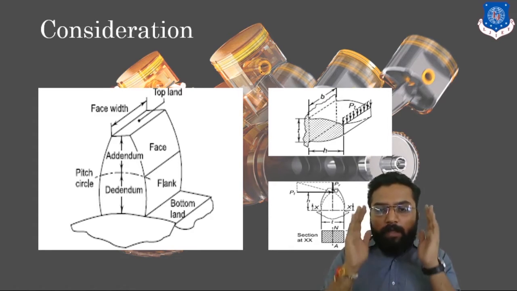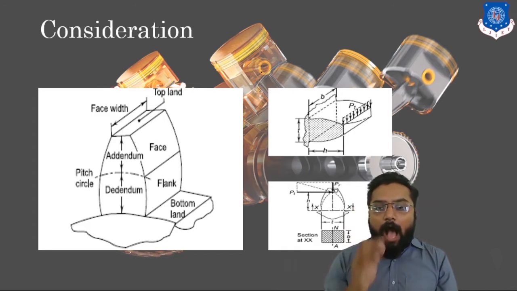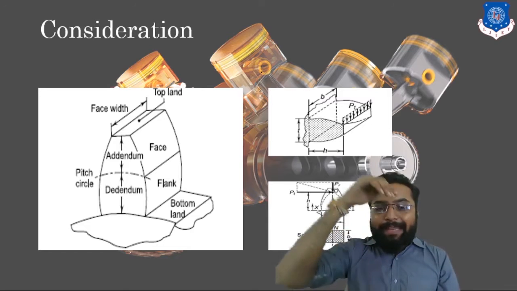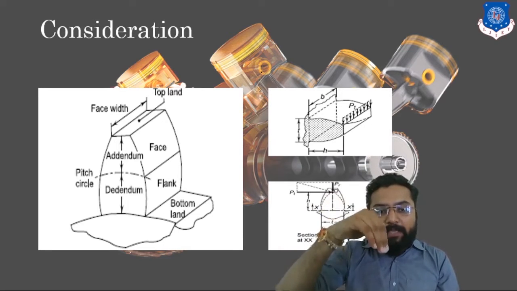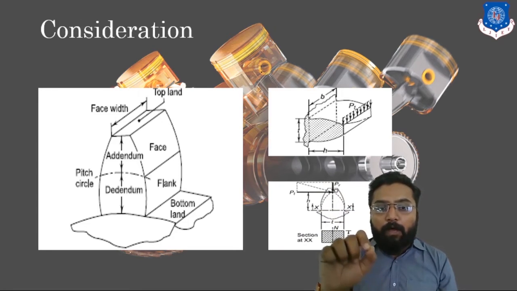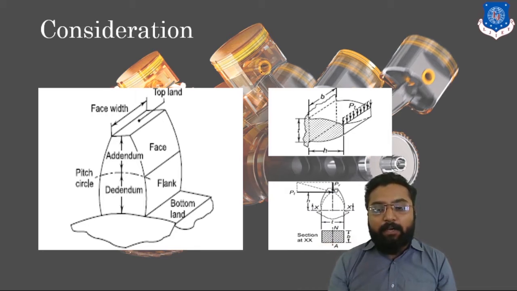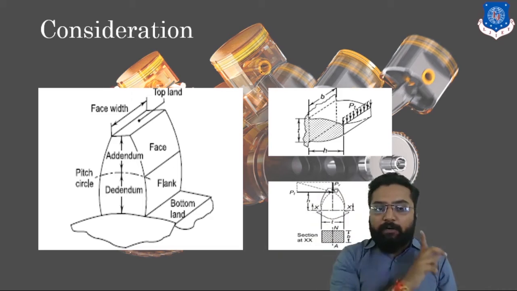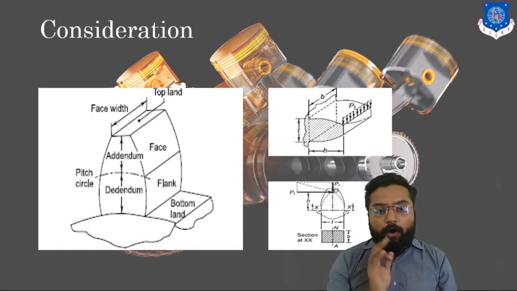Let's consider this. Our tooth will have two types of stresses. One is direct stress, or you can say compressive stress, generated by the pinion on top of our gear tooth. Clear? Here you can see a node called P. It has two components, one horizontal and one vertical. The vertical component will create compressive stress, and the horizontal component will create bending stress.